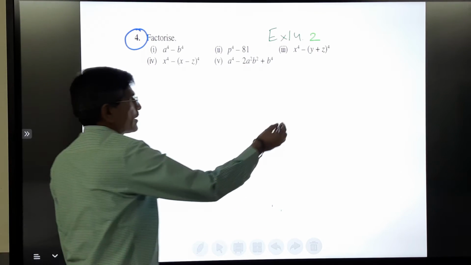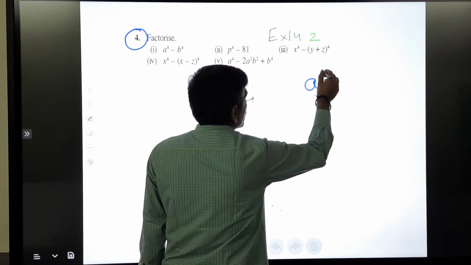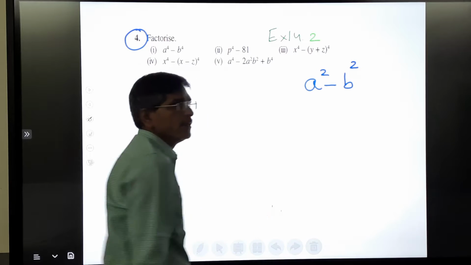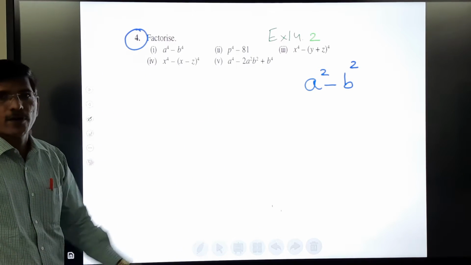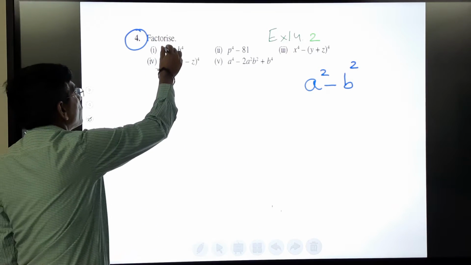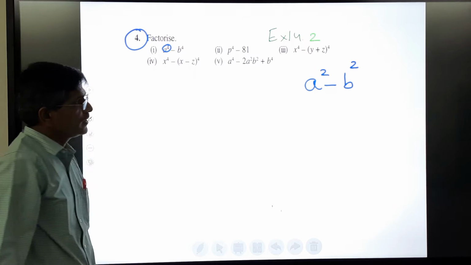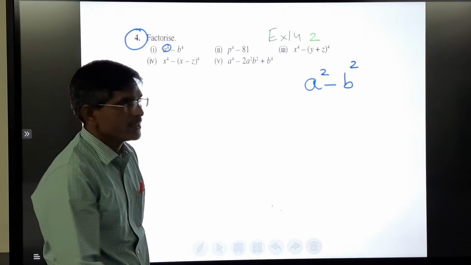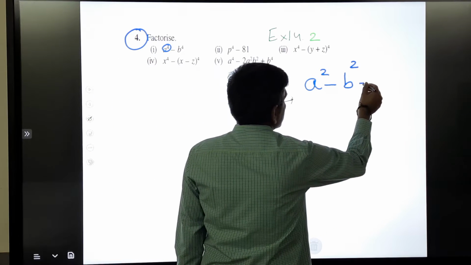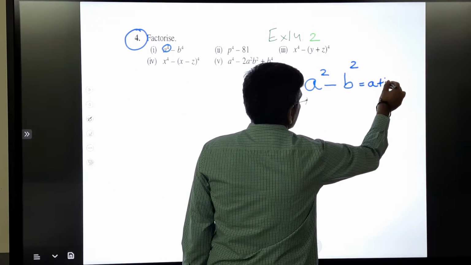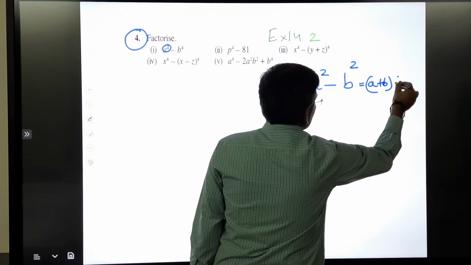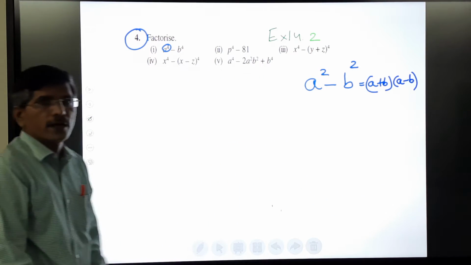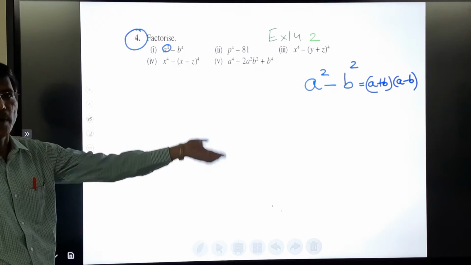Before we start, again I write some identity, that is a square minus b square. It is the most important identity to solve all these types of sums. When power is 4, which identity do I have to use? That is a square minus b square. So the answer is simple: a plus b and a minus b. Now I am explaining the first identity with power 4.